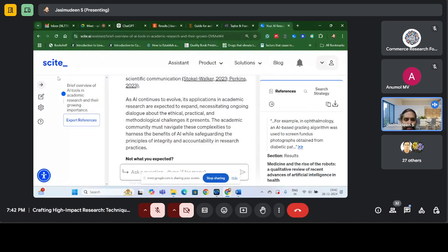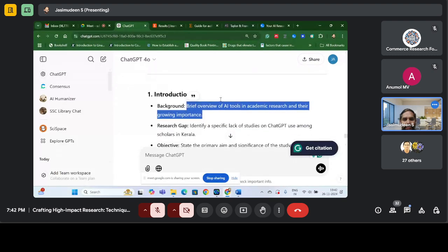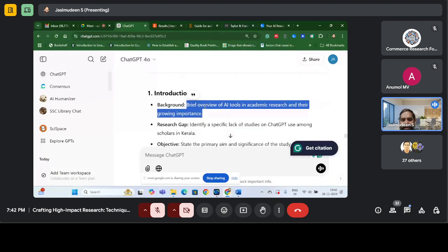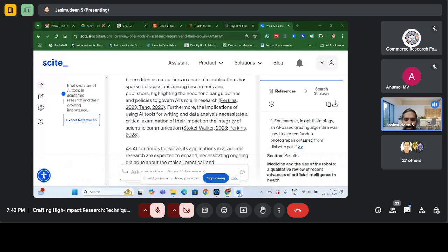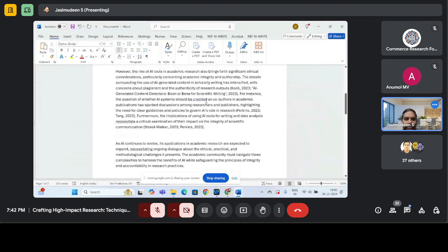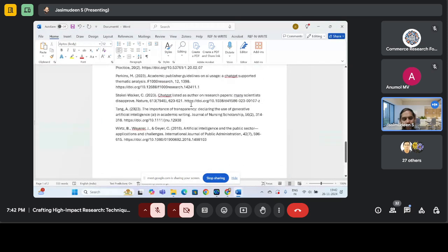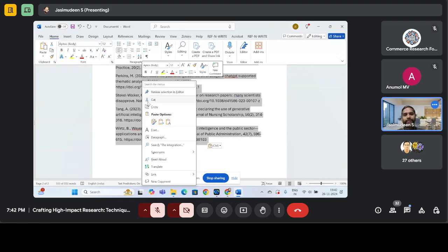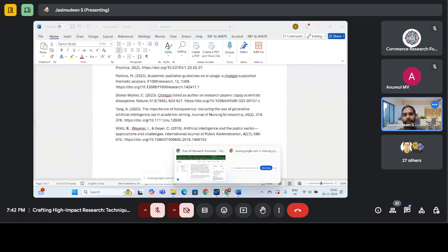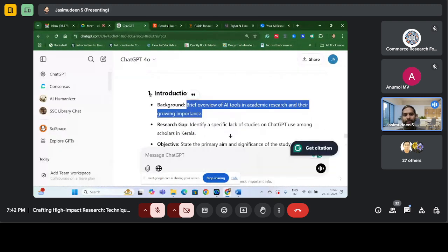So, and what was our introduction part? See, it's there. Brief overview of AI tools in academic research and then going in. So we can take this for the time being. So copy paste that. We have this content and also the references. So copy this, then take ChatGPT and tell it,